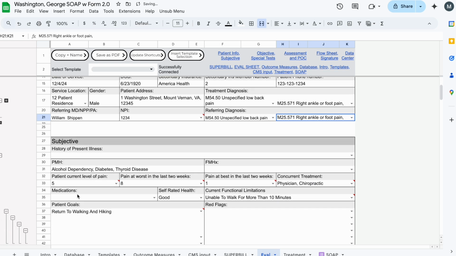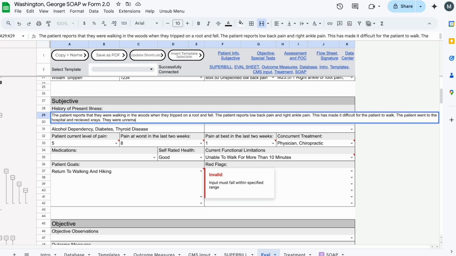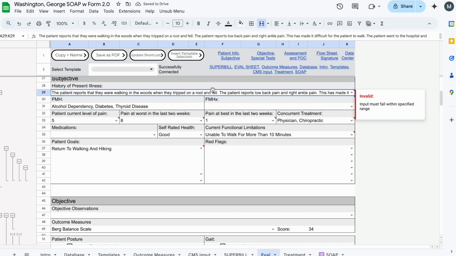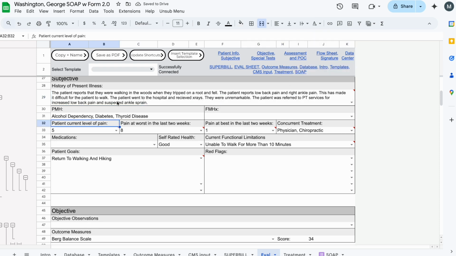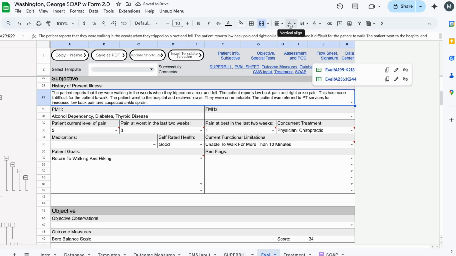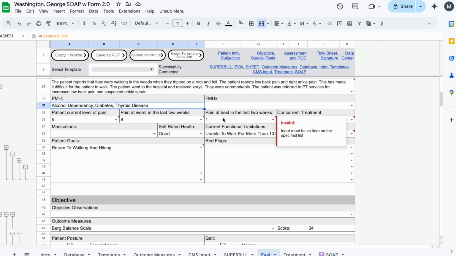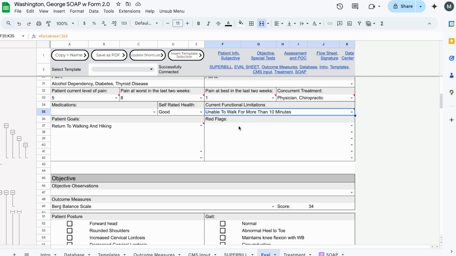I'm going to minimize this, and now I can start typing. So you can see if we need to wrap it around, we'll wrap it around so that we can see the full thing. So sometimes that doesn't get carried forward when copying. It should. So if it doesn't, you would just click on wrap, and now you can see it's wrapped around and it looks better. Coming down here, you can see all of the information was pulled forward, concurrent treatment, whatever